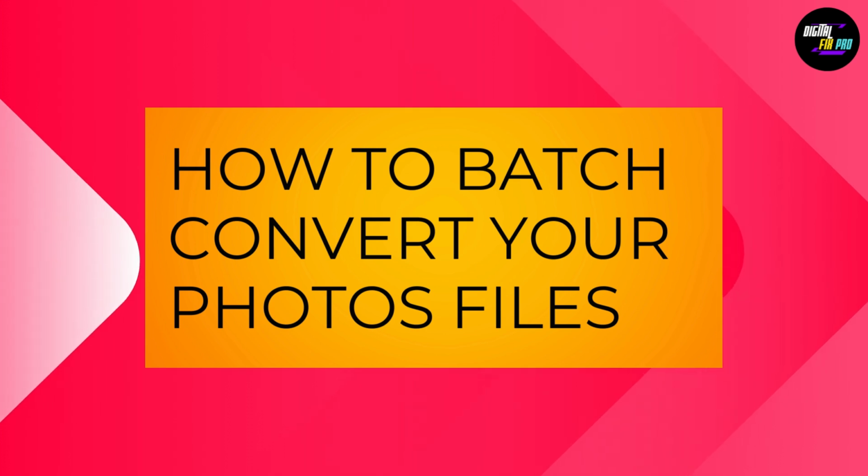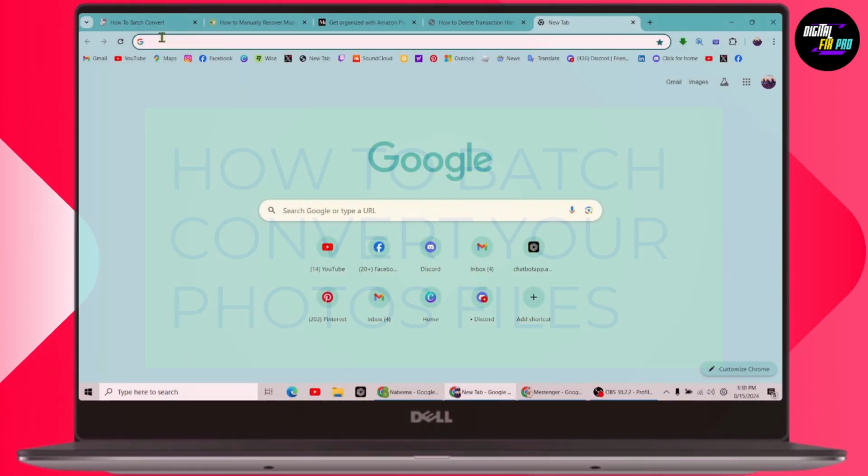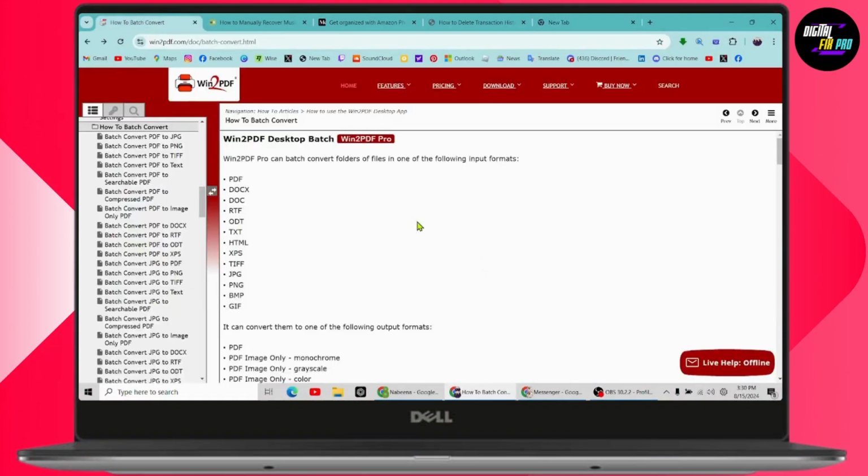How to batch convert your photos files. If you want to batch convert your photos files, then you just need to simply go with WinToPDF Desktop Batch. And once you're here, you can simply batch convert your folders or files in one of the